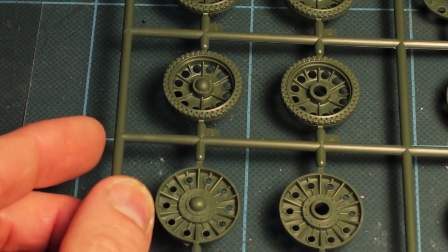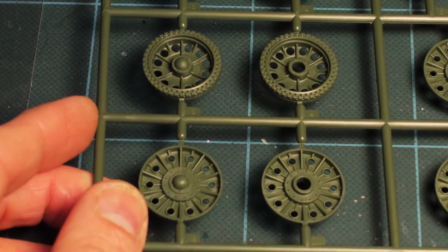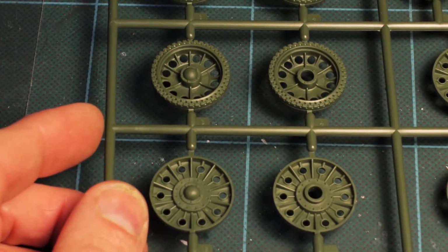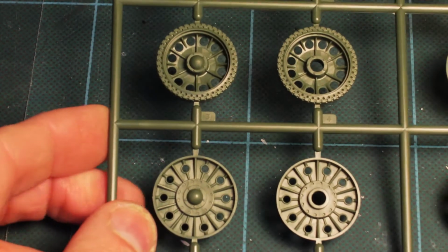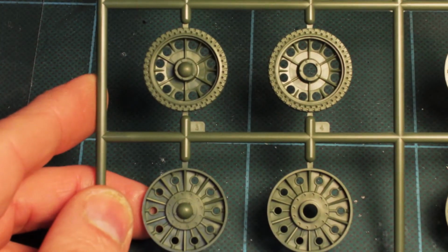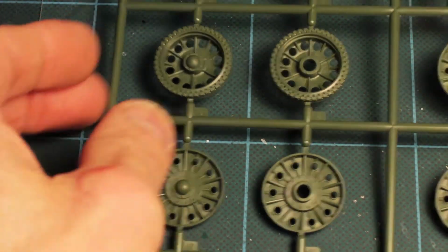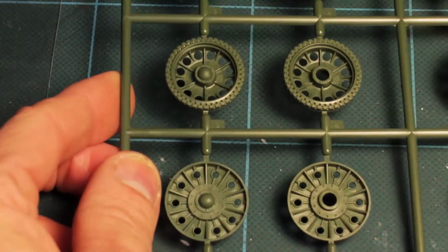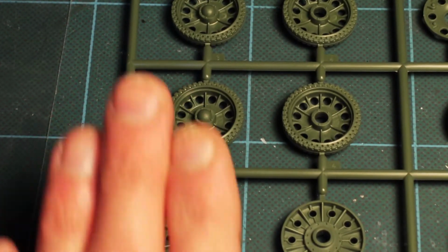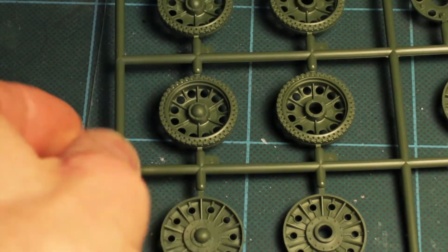And if you look back at the last video series I did, the Panzer Kampfwagen 3 72nd scale one, if you actually look at the fenders on that, they are ridiculously overscale. Now, had I been bothered, I could have thinned those down at the risk of damaging them, but for a kit that small, for a scale that small, it's kind of a case of, is it really worth the hassle? But anyway, so far the scale of these and the detail seems to be very, very good and quite accurate,